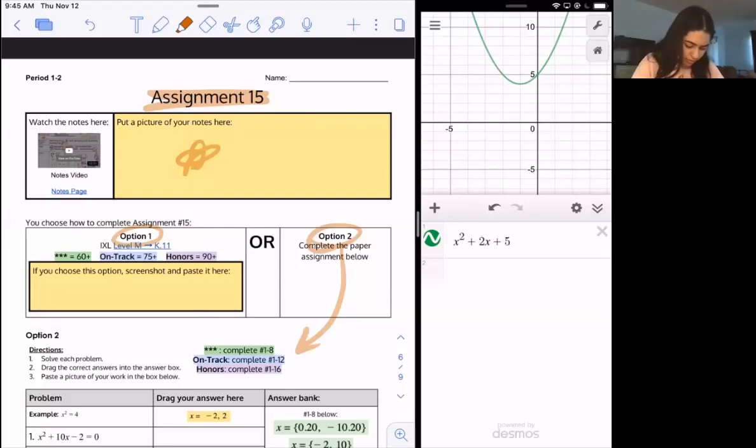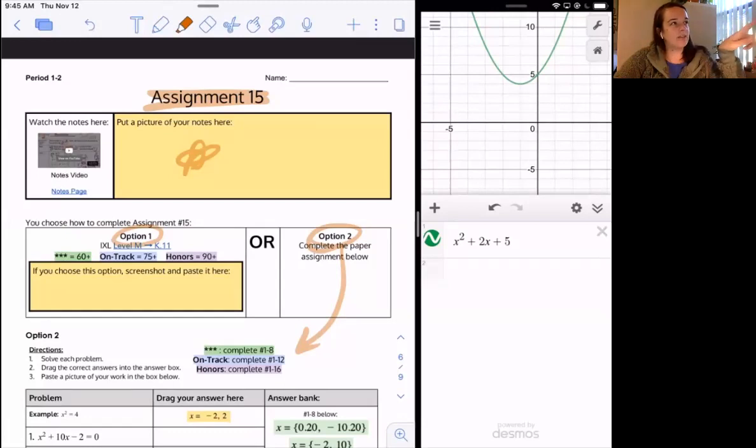Oh, this would be the negative sign, huh? Yeah, like right there. So use that negative in the parentheses. Okay. Yeah. All right. Thank you, Miss. No problem. You got it. Bye-bye. Okay. See you later.